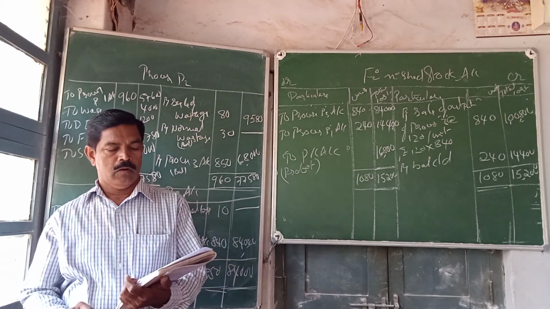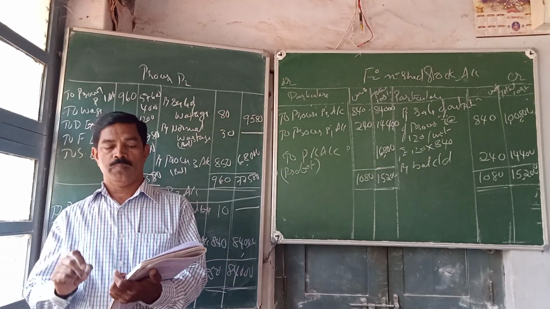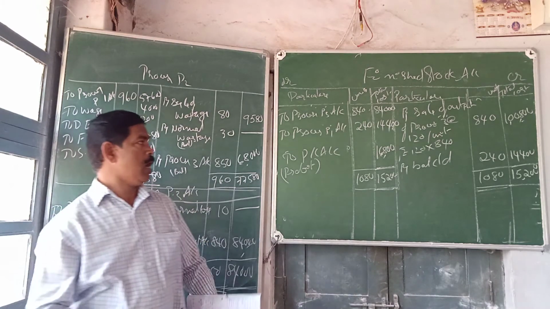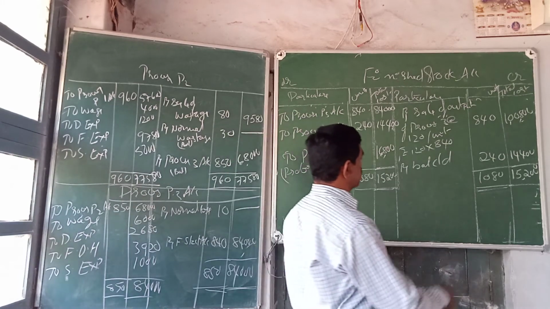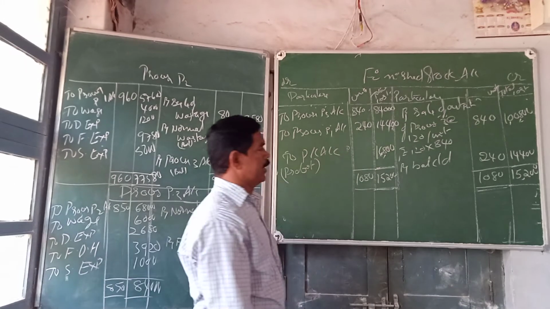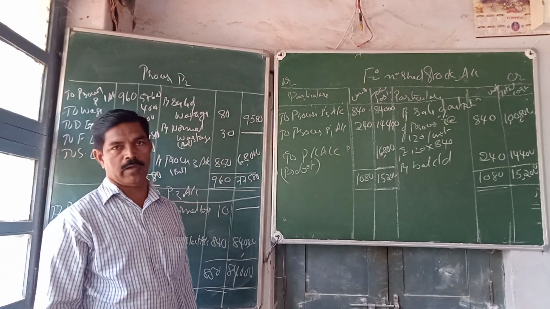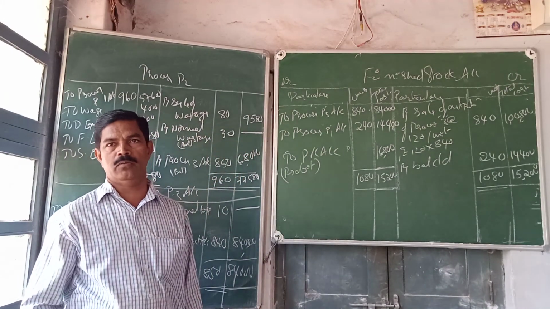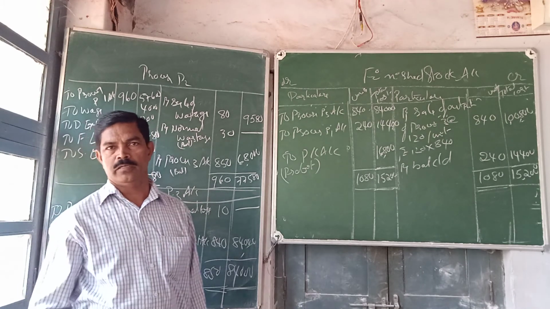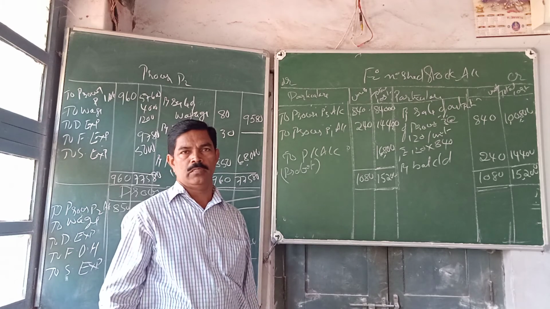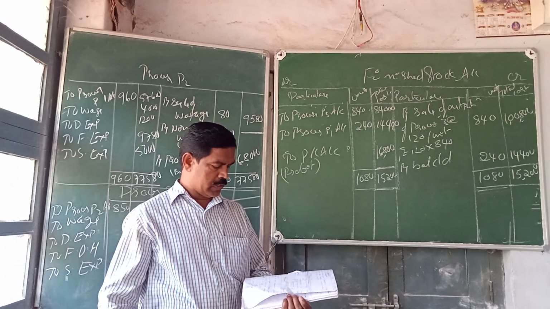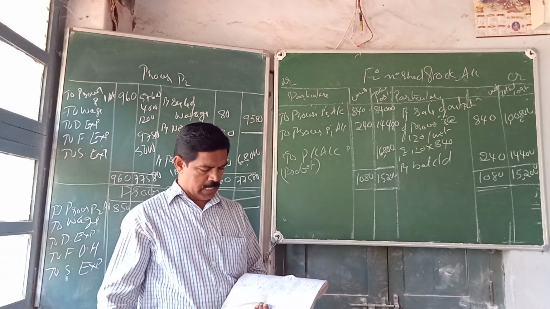So the instructions are to be clearly followed. Here it is given that only the output of process 3 is sold at 120 per unit. That means the output of process 1 is still there. It is the balance, 240 units, 14,400 value. It has no sale value, so at cost itself it is in stock. So this is how the cost process accounts are prepared.